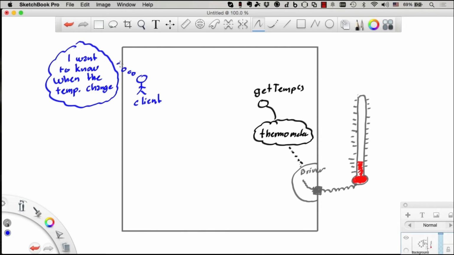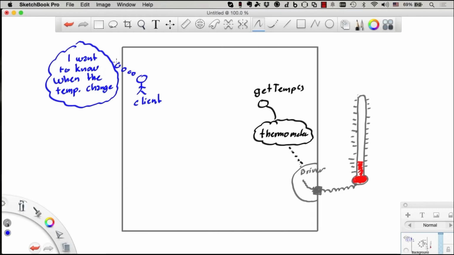The problem now, of course, is that for us as the writer of the thermometer object to be able to send a message to the client in a standard object-oriented language, we would need to know who they are. We would need to know their interface, what method they want to call. The only way that will work is if they call us and ask for a custom thermometer,